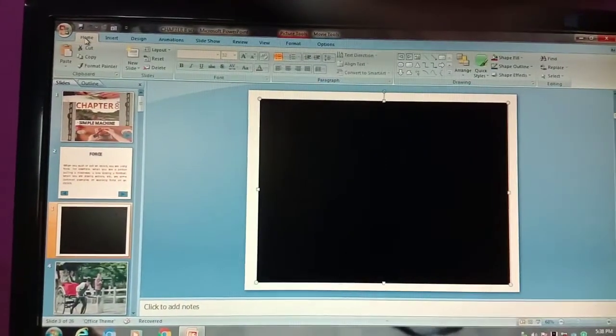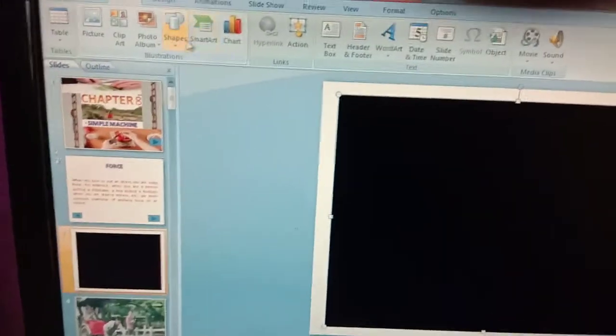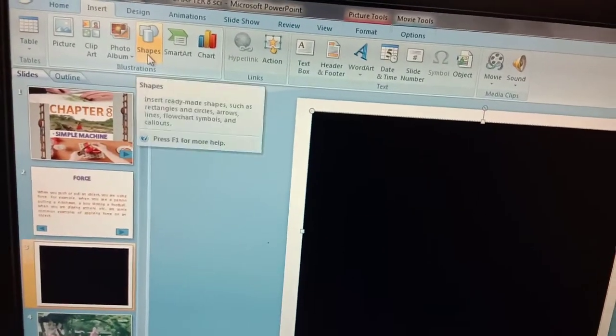So for inserting the action button, let's have a look. Let's insert the action button also. From insert, click on the shapes option in the illustrations group, and you have to go down, and then you have to select the video option. Video option should be there. Okay, this one. I think this one is the video option. Let's see the name of this. Yes, this is the action button for movie. Okay. Now I will place it here. Okay, so I placed it.